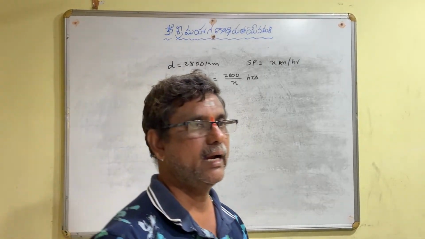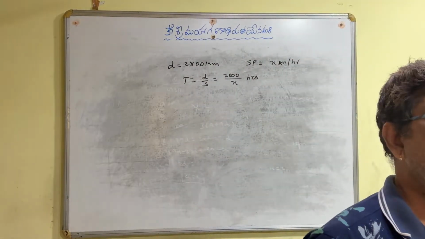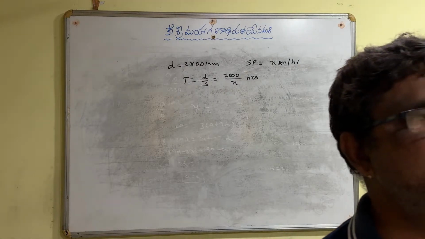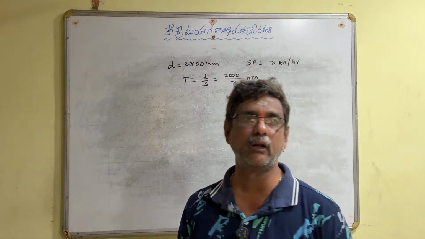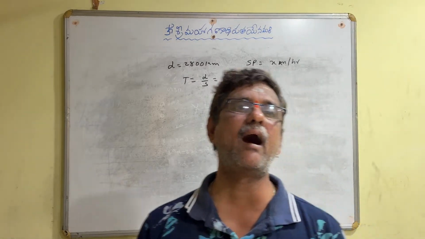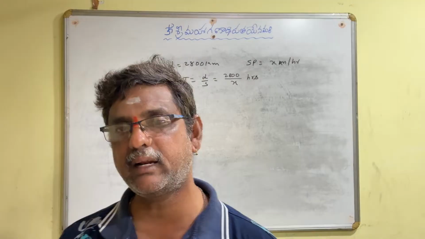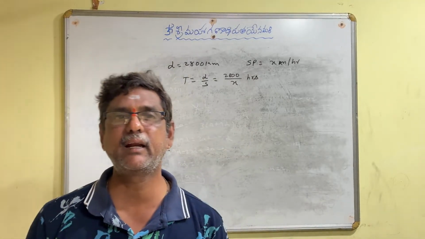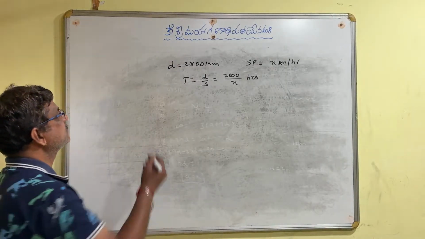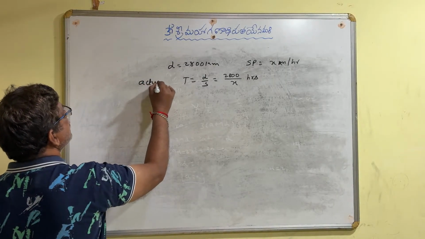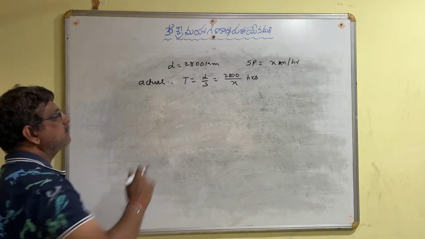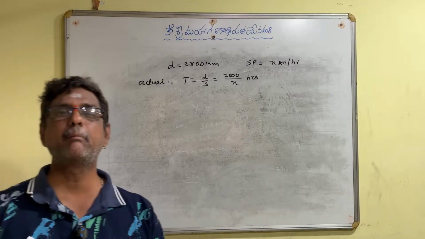So here kindly understand properly. To travel the distance of 2800 kilometers with a speed of x kilometers per hour, time taken is 2800 by x hours. This is the actual time taken. Okay? Now, because of the bad weather,